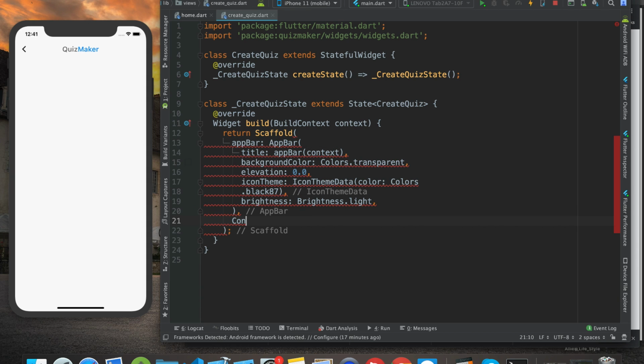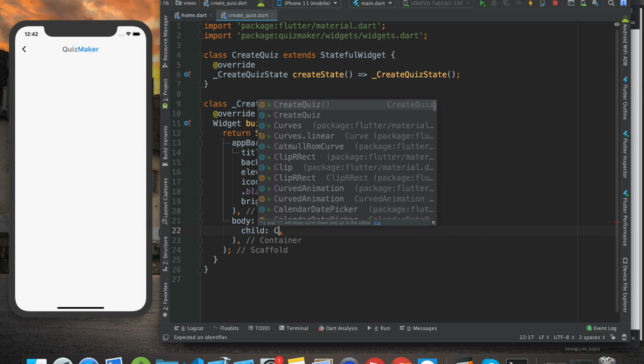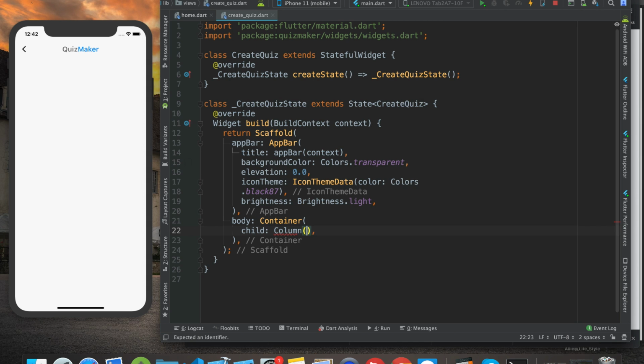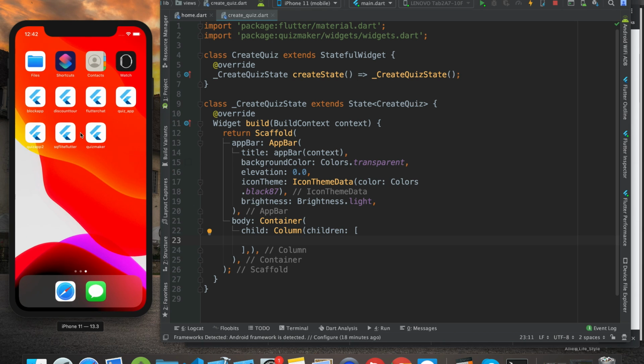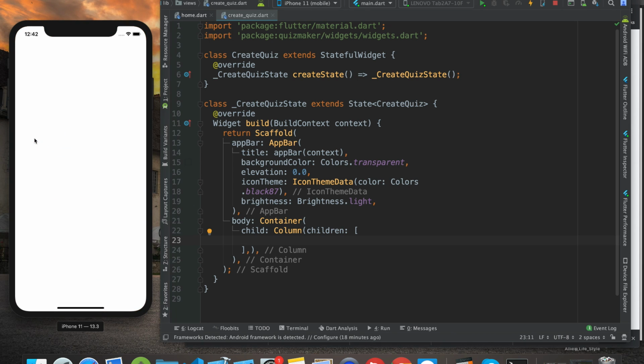So I'm going to say not container first. We have to say body, then we will provide the body, a container, then I'll say child, and I'll say column. Why am I using column? Well, let me show you first. Let me go to the app,